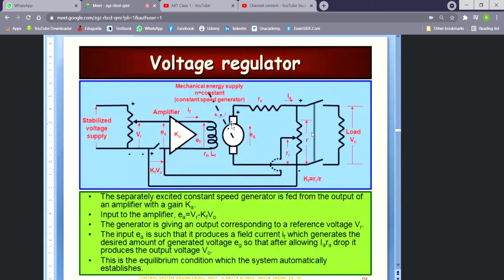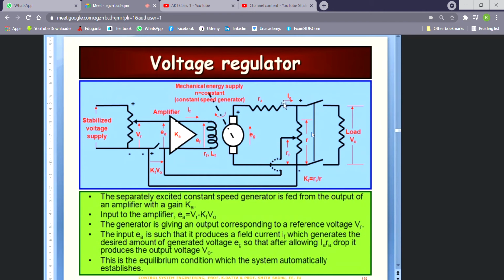Now this is the armature side, as you must have recognized. The shaft is shown over here by this dash dotted line, and the angular speed of the constant speed generator is small n, right? So it's written over there, and basically the rotation is shown over here, and that speed is going to be a constant. Now, as far as the electrical side on the armature is concerned, the resistance of the armature is shown separately as Ra over here, the inductance being assumed to be negligible.